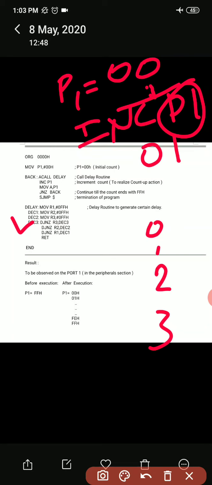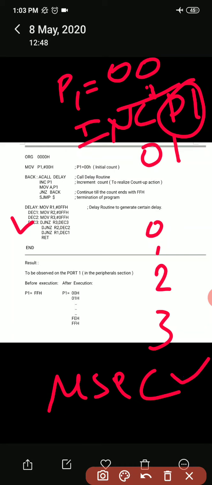If I take its reciprocal, we will get the time in microseconds, so we cannot observe the changes. The user's eye cannot differentiate two different values in such a quick amount of time. So we need to increase the delay. We need to make this time period in terms of seconds to observe the changing values.